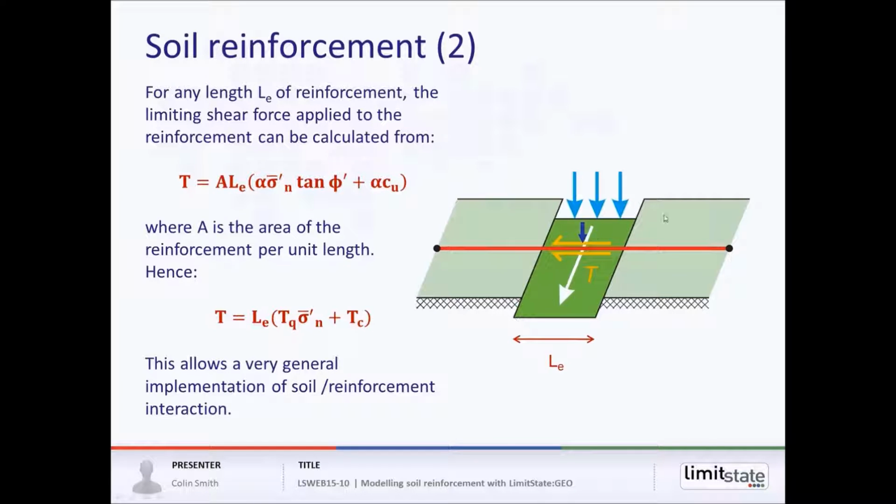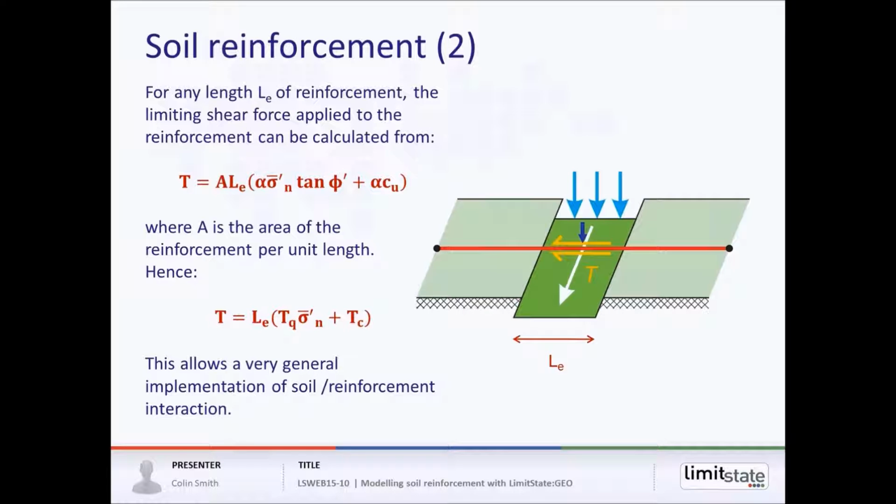And so if we have any mechanism or any sliding wedges, it's quite straightforward to work out the forces acting between the reinforcement and the soil. In essence, the shear force is going to be the area of unit reinforcement per unit length, that's unit length into the diagram, multiplied by the length of the element of interest, and then we're either going to have a frictional or a